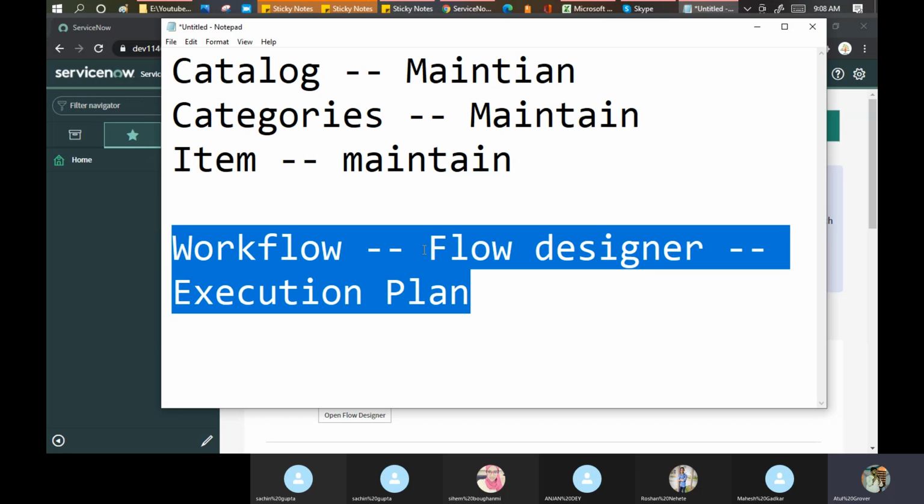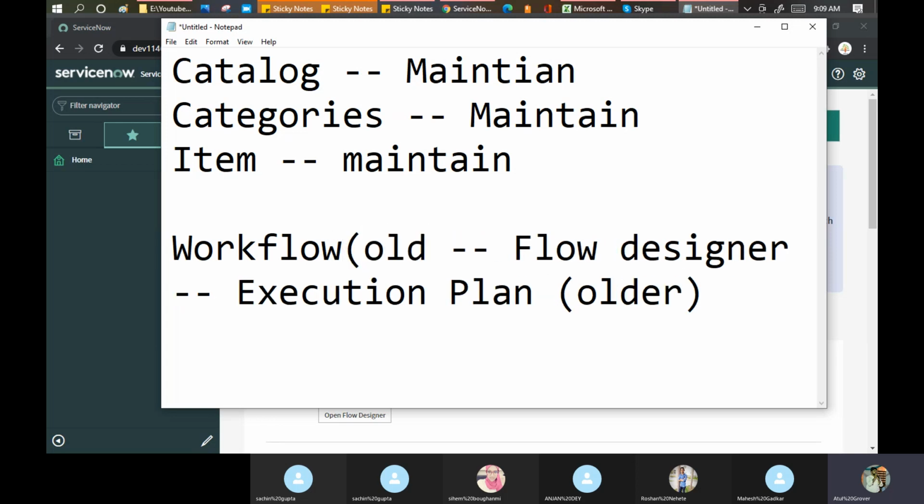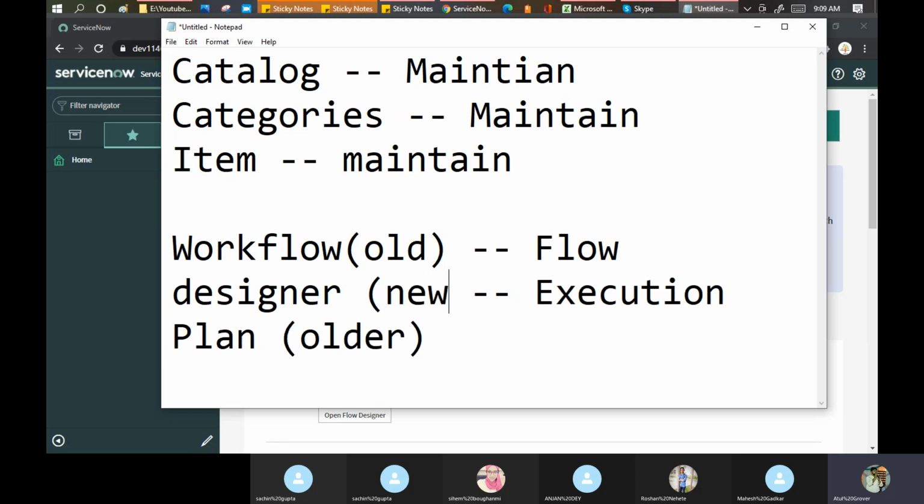Either you pick up the workflow, the flow designer, or the execution plan, and they will serve you the same purpose. The workflow is older, and the flow designer is the new one.